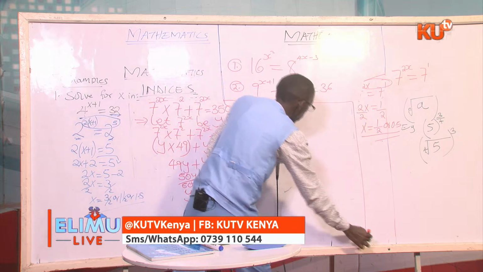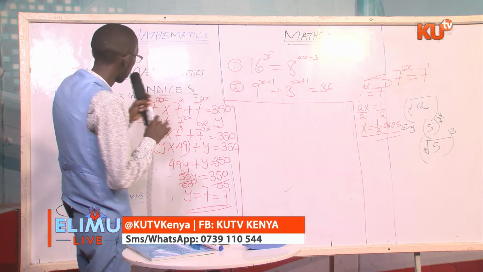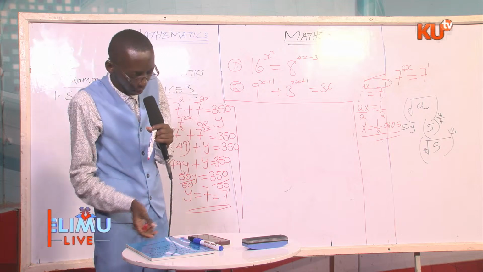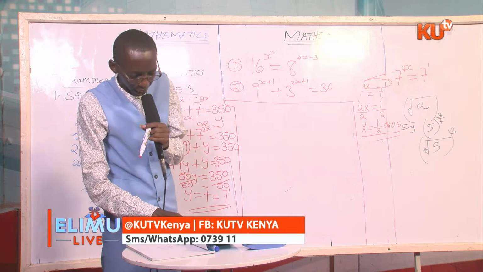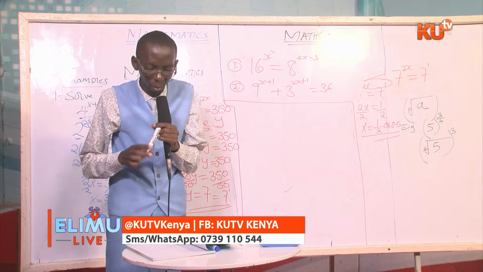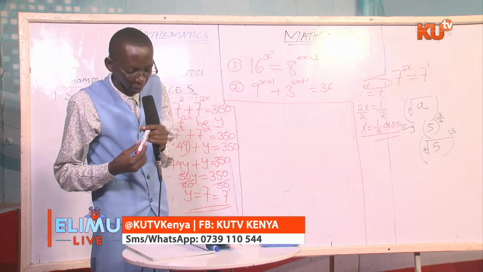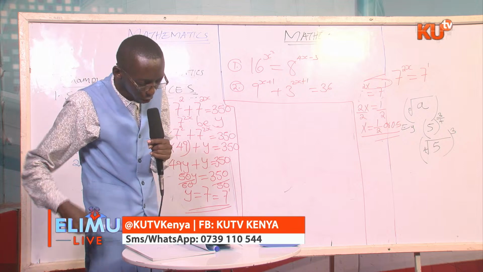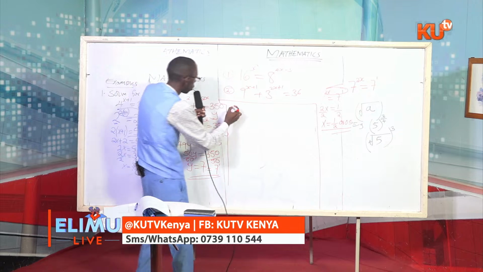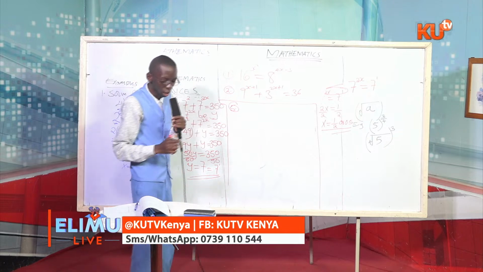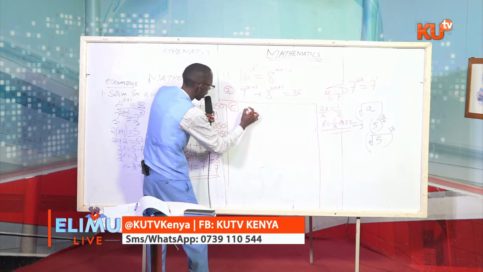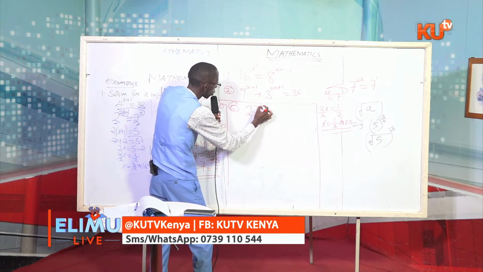Remember, all these examples are applying different concepts. That's why you need to understand them. Example number 7, I get it from the Boosting Mathematics Performance. Without using mathematical tables or a calculator, evaluate 27 to power 2 over 3